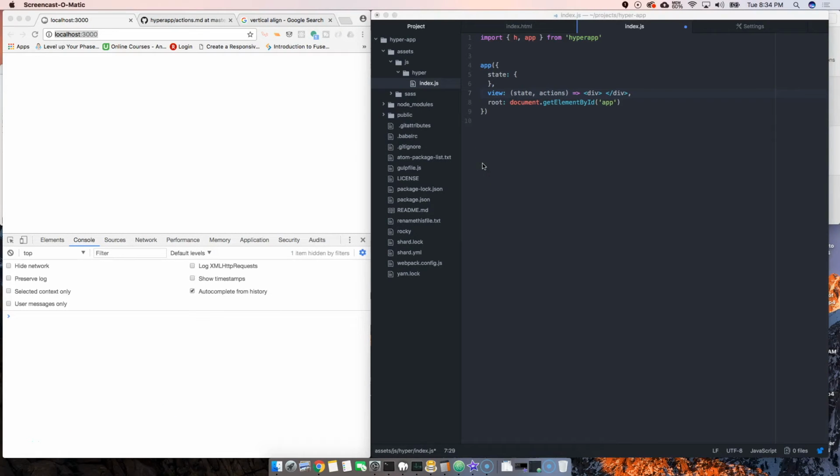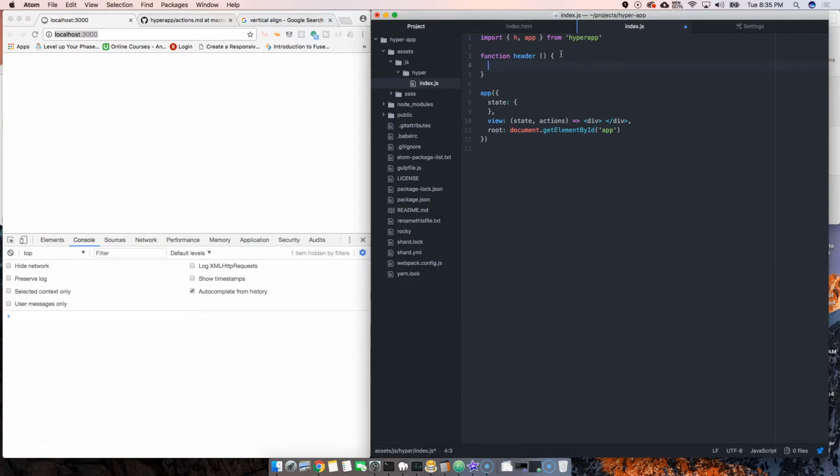So I want to tell you about JSX, and I just want you to get comfortable, because right now what we're going to build is a quick little counter so we can have an idea how to play around with JSX. So first thing that we're going to do is create a function, and we're going to call this, let's say, header. And then in here we're going to return